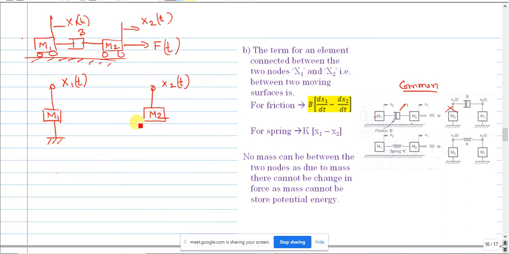So you just ground that, and you can see there is one more element, that is friction B, which will be under the influence of x1 as well as x2. For such an element you will represent it in between. So this is the fifth point. Okay, fifth step. This will be represented as a common element between x1 of t and x2 of t. So when there is an x1 there will be a friction, when x2 is acted again there will be a friction B. So this is the concept. Similarly for the spring also, it will be represented in between. Okay, so let me move on to the next slide.